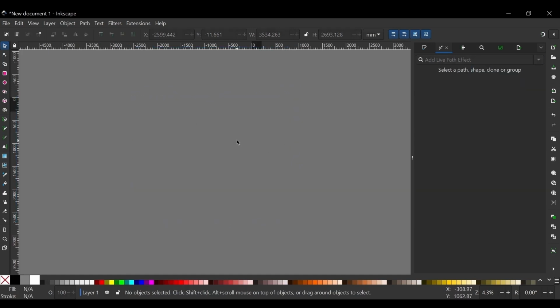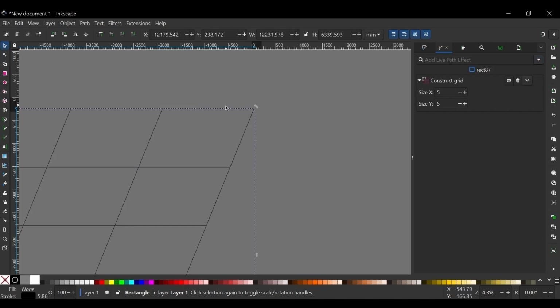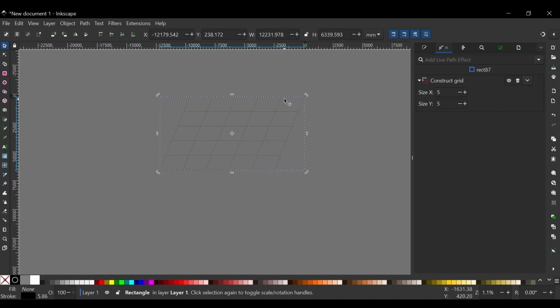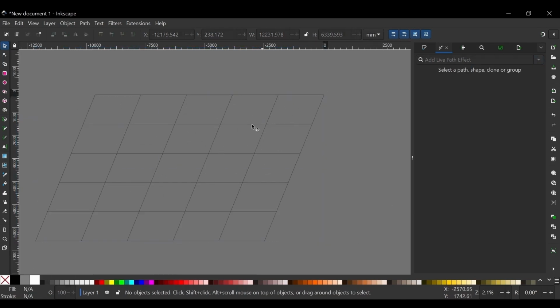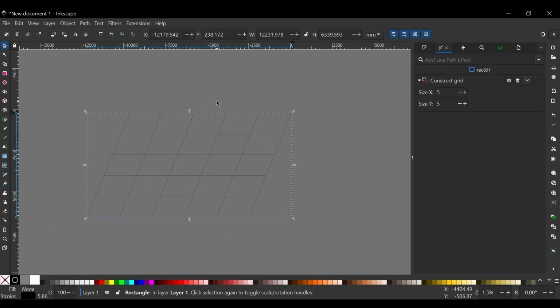So I'm going to use a different object this time. Let me use that. I'll click again to get the skewing handles, and I'm just going to skew this like that. And now I'm going to apply the path effect, and you can see the grid is now skewed like that. So the shape of the grid is based on the shape of the original object. I'm going to demonstrate a quick project based on this path effect, since I like it a lot, and I think it's one of the most useful path effects. So to demonstrate this,